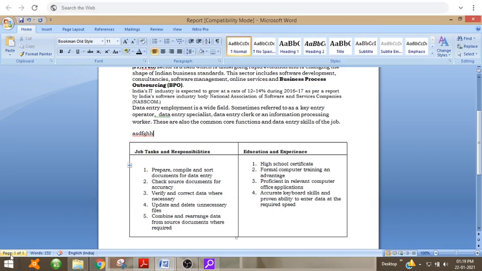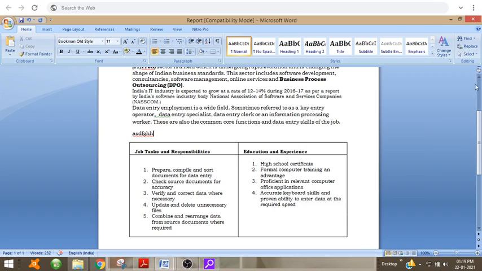So you can see this is the status bar. Can you see this? Page 1 of 1, words 232, English, India. So this is the status bar. That is, in this Word document, it shows the current page and how many pages are there, then how many words are there, which is the language used, then zooming, that is 100% zooming. So this is the status bar showing the status.